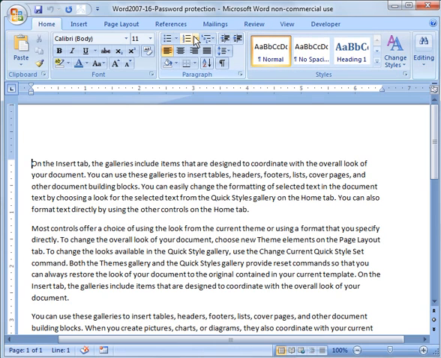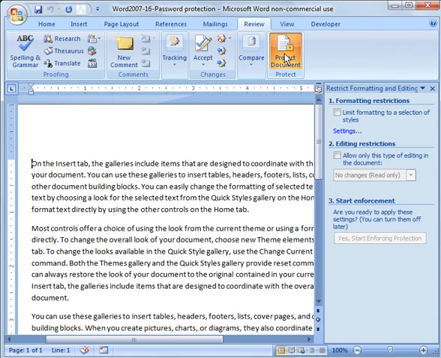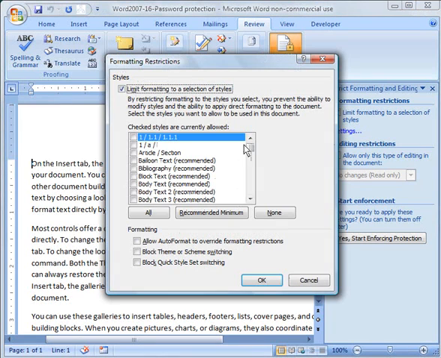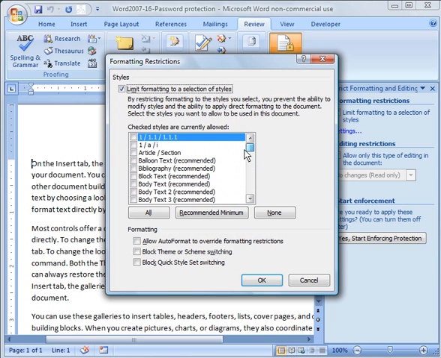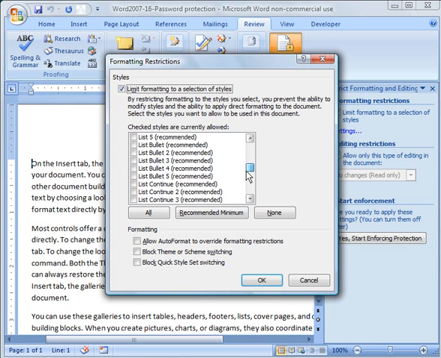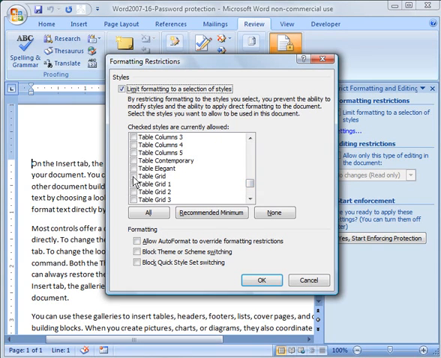When you want to protect the document, you go under Review, and you can go to Protect Document, and over here you'll get a new menu. So you can do numerous things here. For example, you can limit formatting to a selection of styles. You click it, and then you say Settings, and it will list all these options here. So if you only want to let people do, I don't know, table grids or something like that, you could go down here and check whichever options you want,